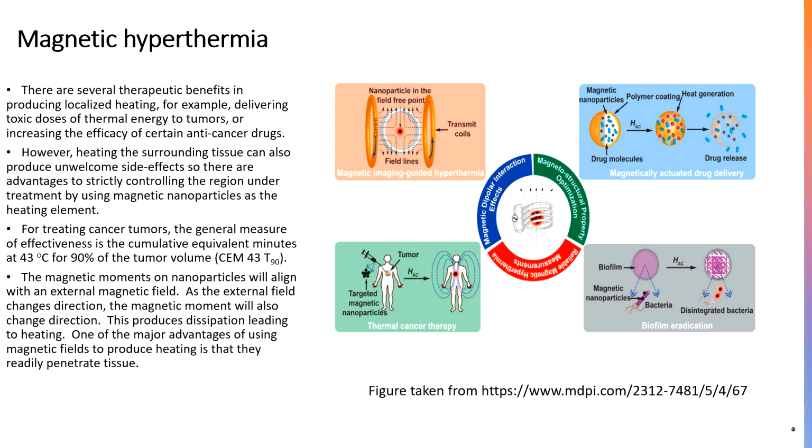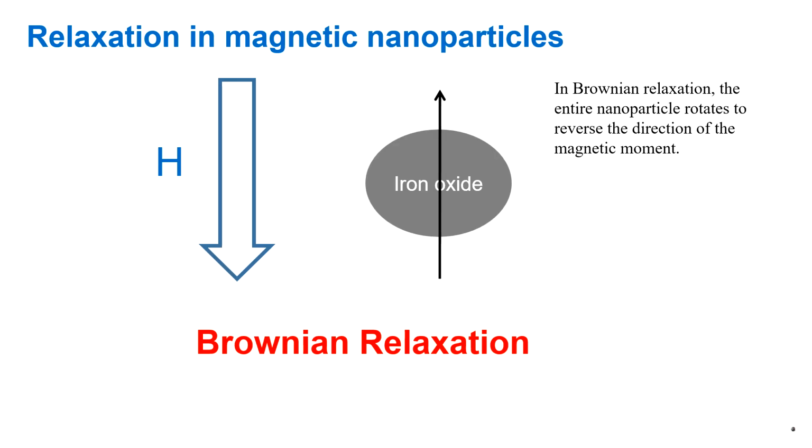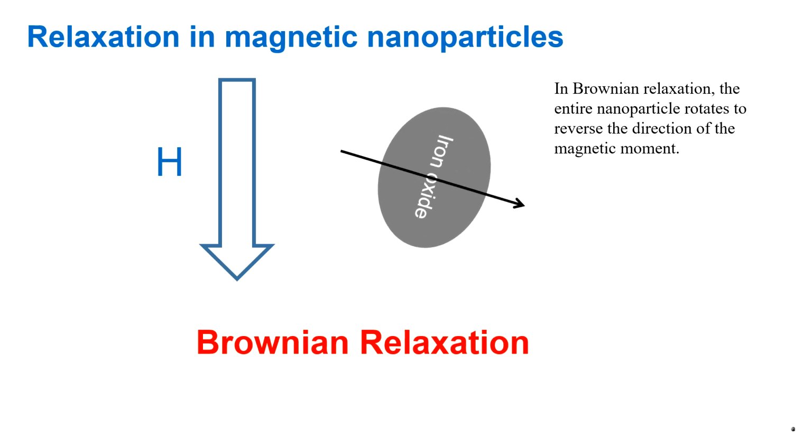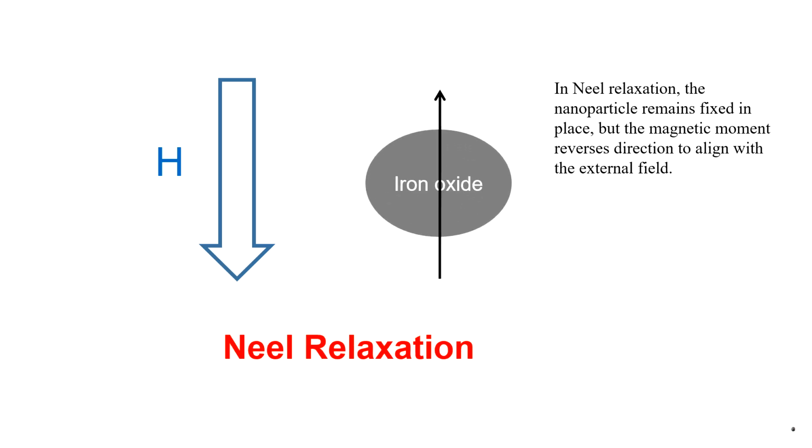So these are some of the areas which are applicable. They use magnetic hyperthermia application. So relaxation in magnetic nanoparticles can be applied. There is a Brownian movement. All fine particles, finer than in the nanometer scale, are continuously moving because they have high energy. That is called Brownian movement of the particles, and Brownian relaxation is also part of it: they will move and relax, and this is how the movement happens, and then it goes back